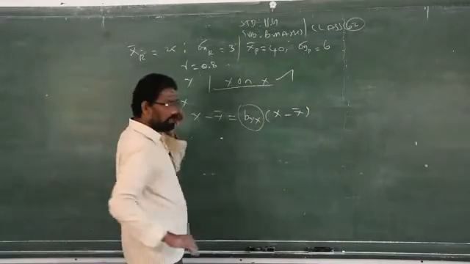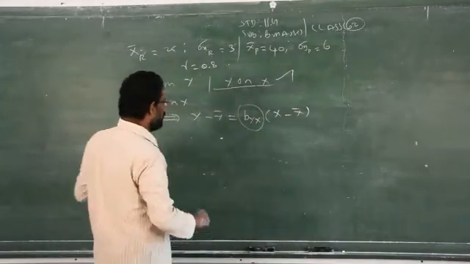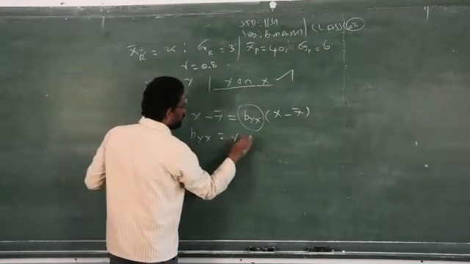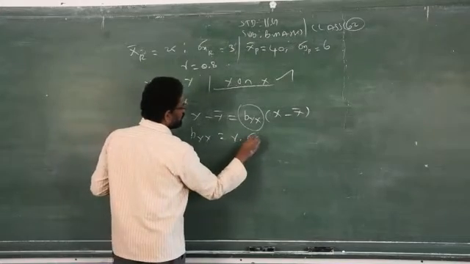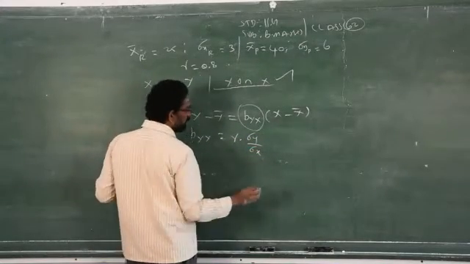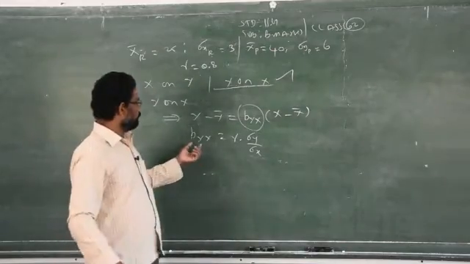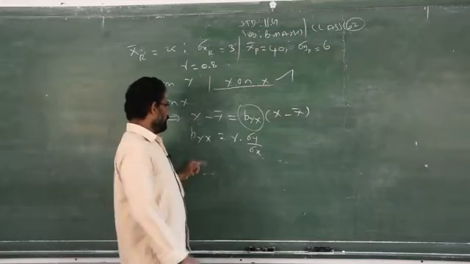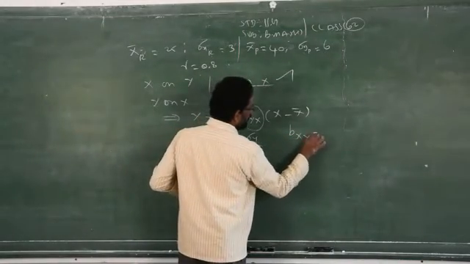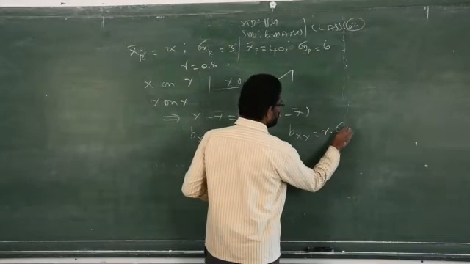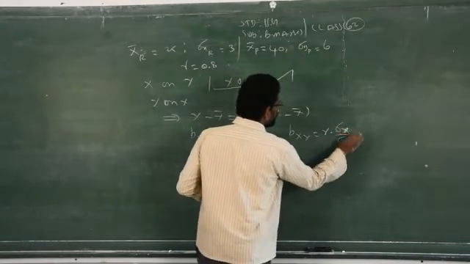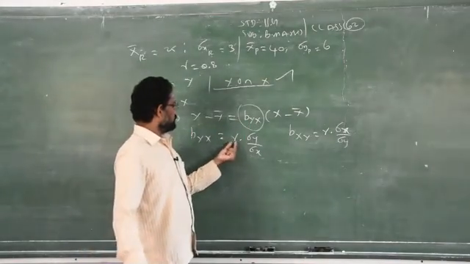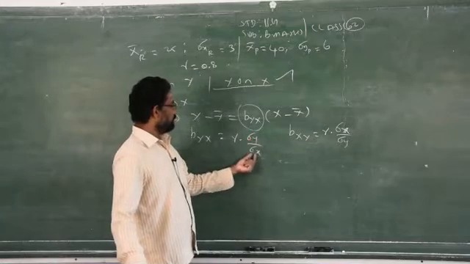How do you find out b_yx? We have so many formulas. There are three formulas to find b_yx. According to the given information, you have to take the formula, that is correlation into sigma y by sigma x. Yesterday I gave the formula to find b_yx and also b_xy. What is the formula to find b_xy? The correlation into sigma x by sigma y. So, this is the formula to find b_xy. But here I need only y on x, therefore, I can take correlation into standard deviation y by sigma x.